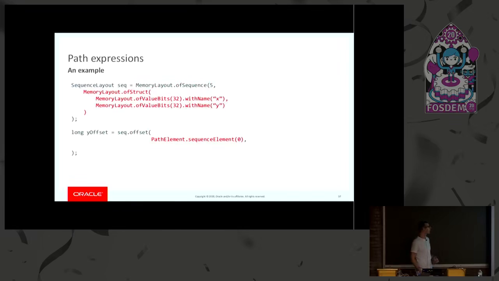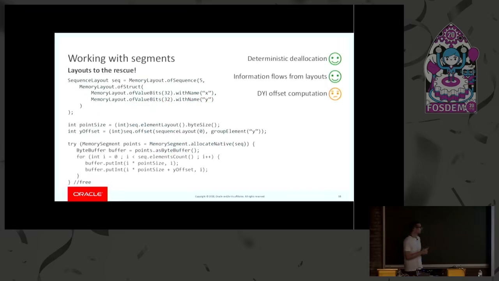And then inside the sequence, I have to choose which of the 2 struct fields I want for computing the offset. In this case, I want the y field. By doing this, I was able to specify a path from the sequence down to the y field, and now I can ask for the offset. As you can see, I've been able to obtain the offset without writing any number. I'm just essentially querying the API. And that's exactly what we are doing now in this rewritten example.